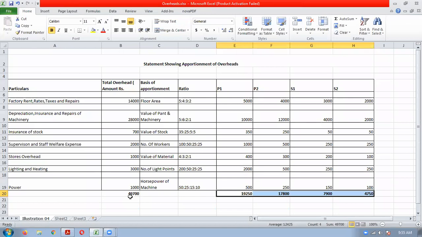Okay, now in examination, how will the question come? Simple. Factory rent will be given, floor area ratio will be given, and the amount will be given. You just have to divide that into different ratios. Because a full sum will not come in the exam. It is not possible. So only one expenditure and its ratio will be given. You will have to just divide it into different departments. Clear? So everybody note this down fast, then we can continue with the next illustration.